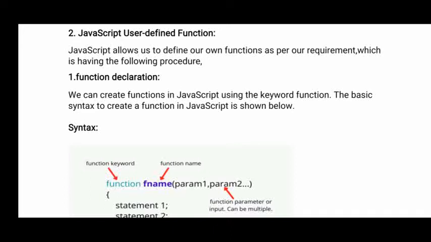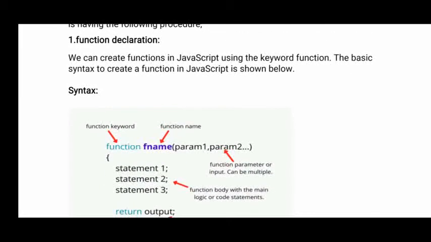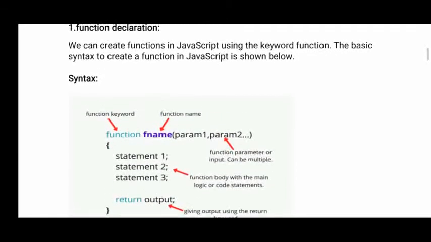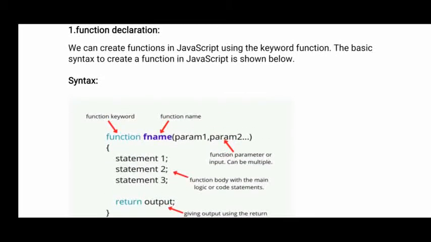Now, what are the steps involved in creating a user-defined function? One by one we will learn now. First, function declaration. Like when you create a variable, you give the name of the variable, because the variable is not there in the system and we are creating it according to our requirement, right? So when you are creating a variable, you are declaring a variable. Similarly, if you are creating a user defined function, you have to declare a function.